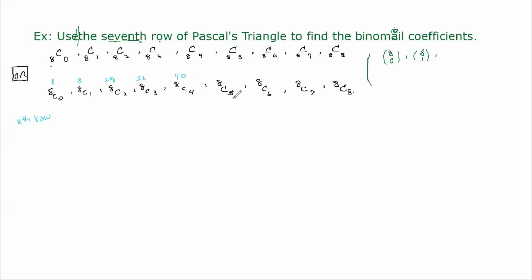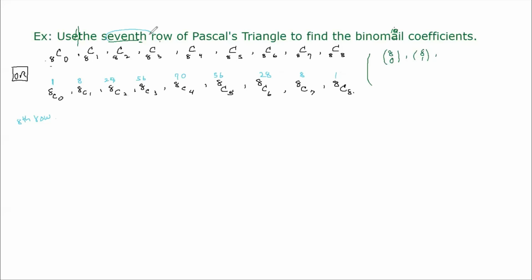8C5 is 56. 8C6 is 28, right? 8C7 is 8, and 8C8 is 1. Okay, now how we use this is the 8th row, so we have to use the 7th